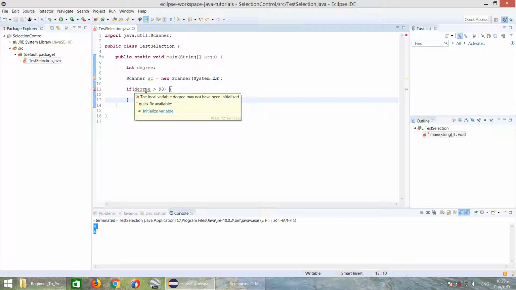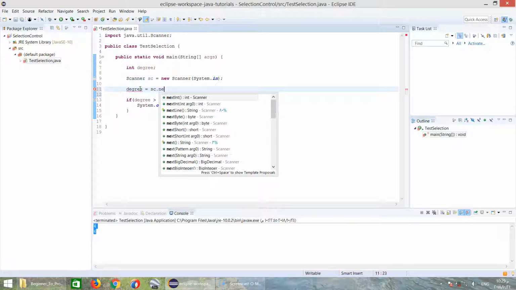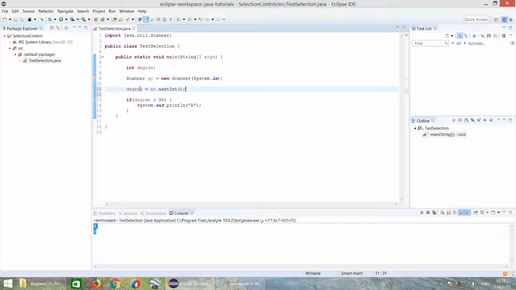Yes, that's because we haven't initialized variable int degree. So let's say degree equal sc.nextInt();